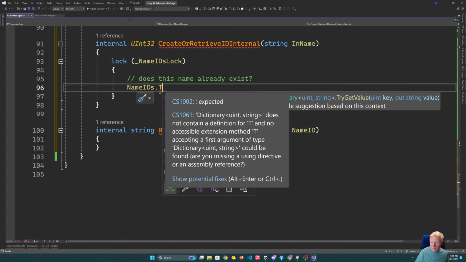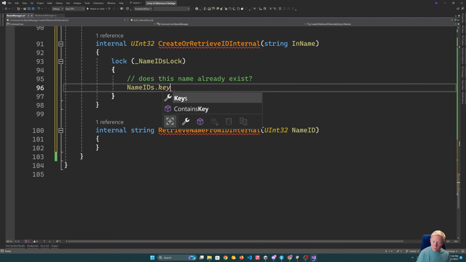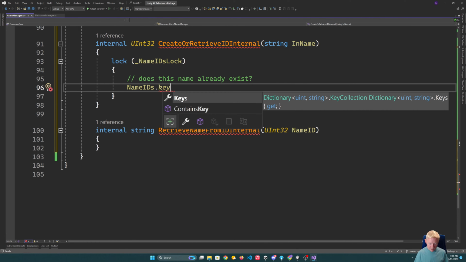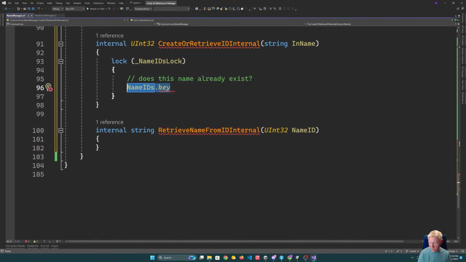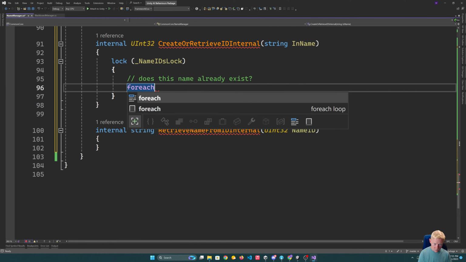So that will attempt to retrieve a value for a particular key. But that's not what we're after. We're trying to find the key for a particular value. We don't really have an interface for that. So the easiest option, and this is something where these names are not created frequently, so this process can be a bit slower. So what I'm going to do is loop through